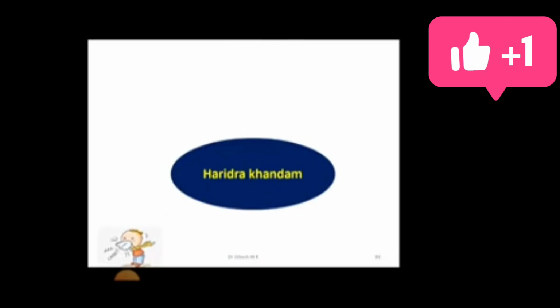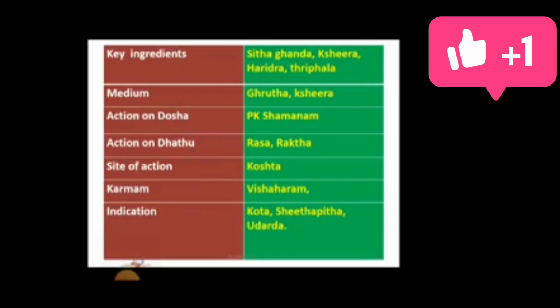Now, by comparing this, by analyzing this Haridra Khanda construct. So, the ingredients are Haridra, Triphala, Dhrita, and Kshira. It is also Pitta Kapha Shamana, that's a good Pitta Kapha Shamana yoga. The site of action is nothing but Koshta. Karma means Visha. It has got an extra indication, that is Vishahara, because the indications are Kotha,